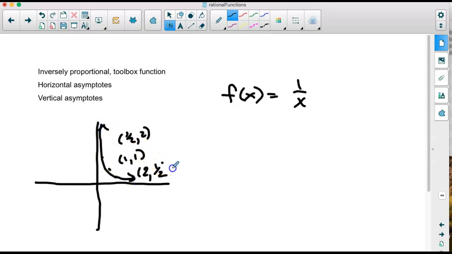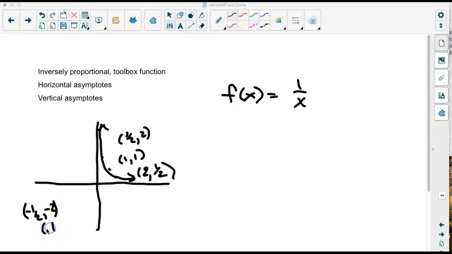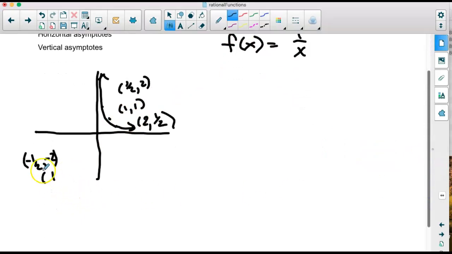in the positive region. It also has the points on the negative region, which are the exact opposite. It's going to have negative 1/2, negative 2, negative 1, and negative 2, negative 1/2. Those are going to be the points down here. It's going to look like this down here as well. Okay,